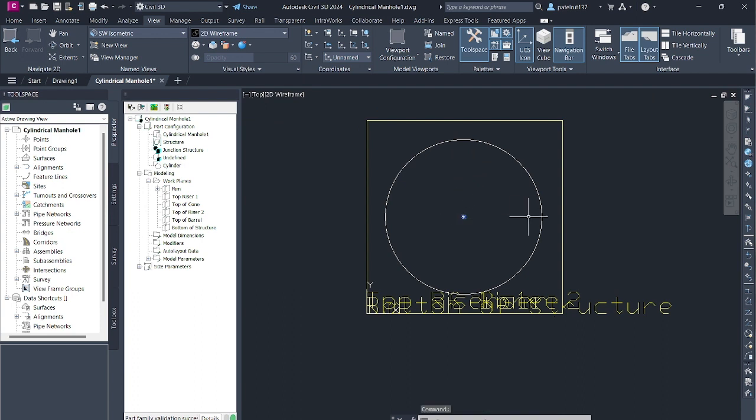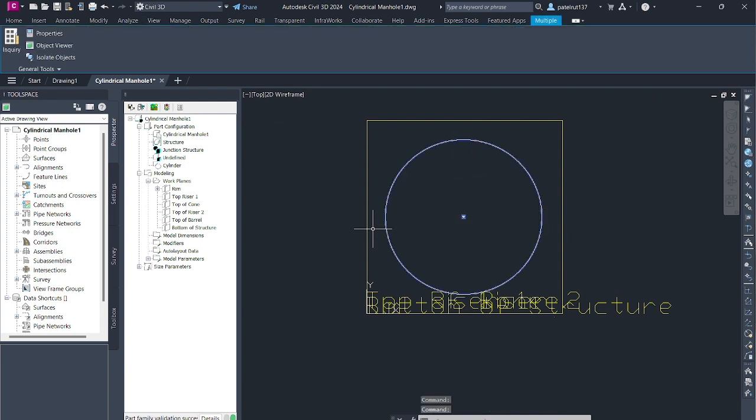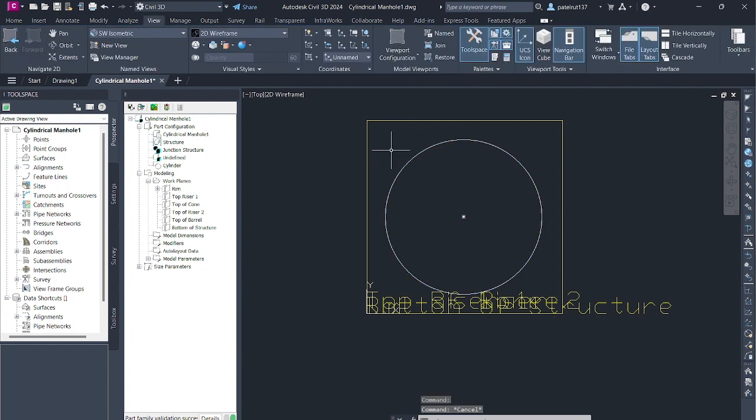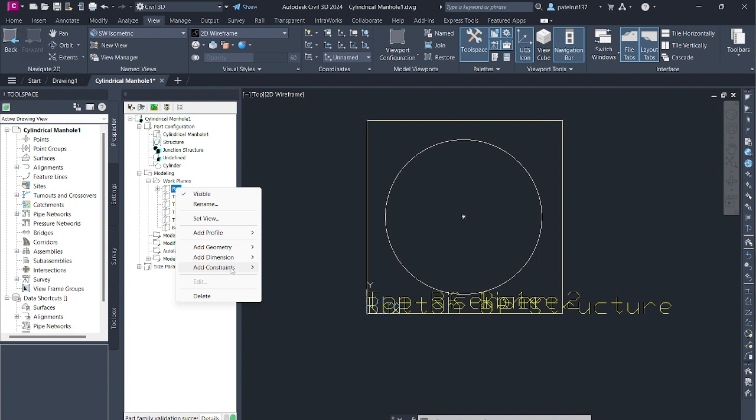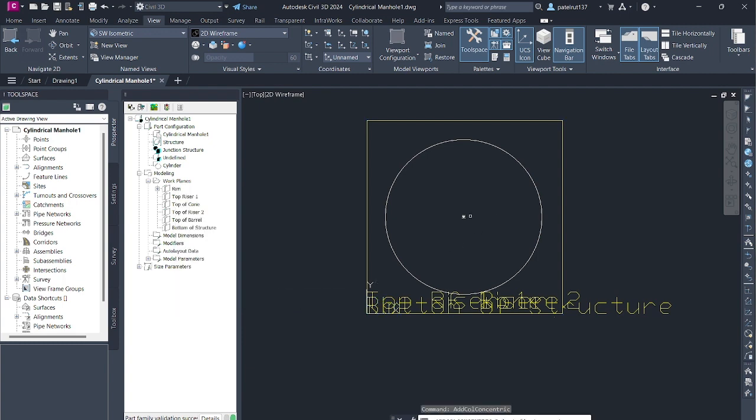Repeat steps 11 and 12 to create a circular profile and corresponding dimension for the top of riser 2 work plane. However, this time, make the profile radius approximately twice as large, approximately 24" radius/48 diameter. You should have 4 circular profiles displayed, and 4 corresponding dimensions displayed in the modeling area, and under Model Parameters